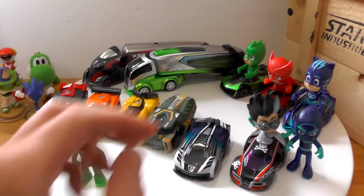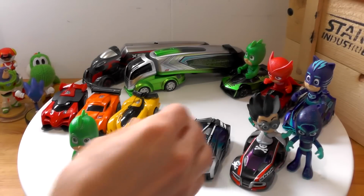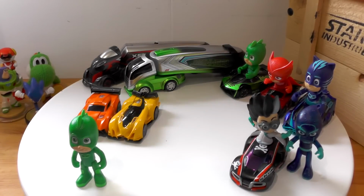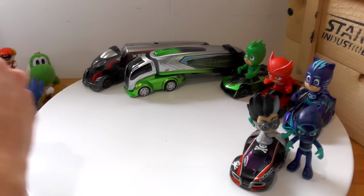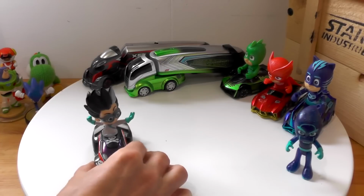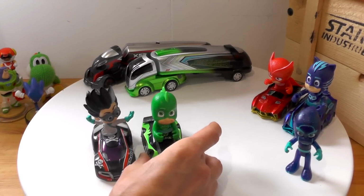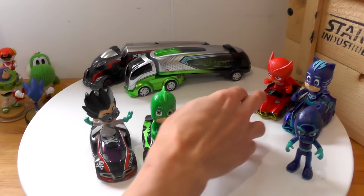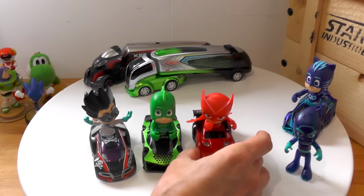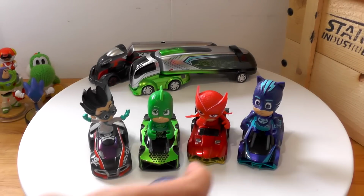And of course, if we take the other Anki cars out of the way, you can see our full team of PJ Masks robot racers. Here we go. Let's move these out of the way. Now we have Skull with Romeo. So PJ Masks, Skull, Romeo. We got Nuke, of course, for Gekko. Got Thermo for Owlette, and we have got Ground Shock for Catboy,